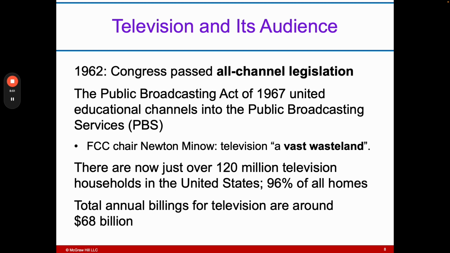Congress and the government have a lot of legislation that does end up governing television and what can go on there. The Public Broadcasting Act of 1967 united education channels into what we now know as PBS. And there is in the chapter this whole big interesting thing on the Public Broadcasting Network and specifically the creation of Sesame Street. In 1968, a public affairs program producer for Channel 13 in New York City identified a number of related problems that she believed could be addressed by a well-conceived, well-produced television show.